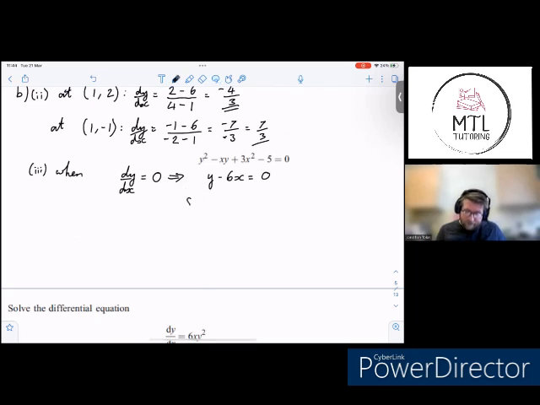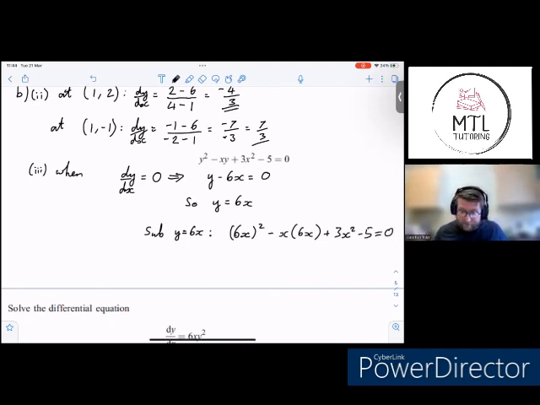Let's eliminate y. So y equals 6x. Sub y equals 6x into the original equation. So we get 6x squared minus x times 6x plus 3x squared minus 5. So all I'm doing here is solving the simultaneous equations, but I'm going to stop before I get to